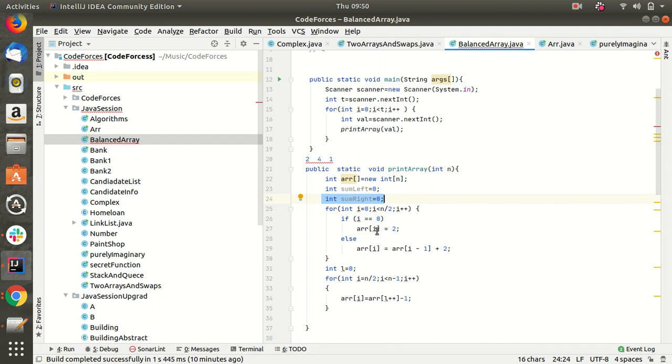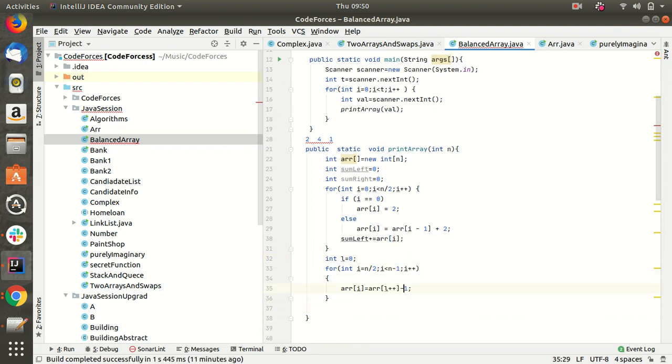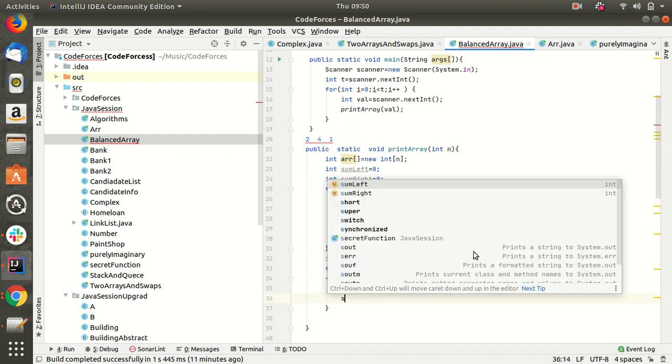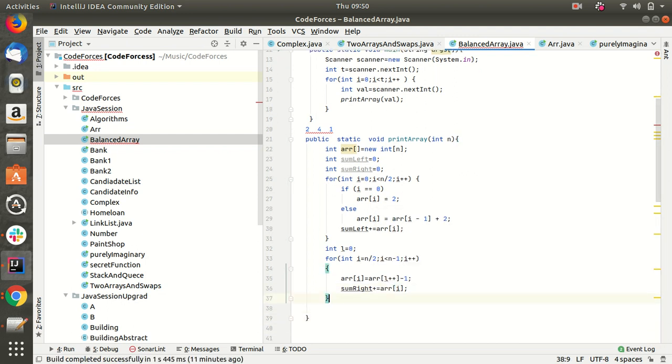So sumLeft plus equals array of i, and similarly sumRight plus equals array of i. Now we have 2 plus 4 is 6, 6 minus 1 means we will get 5.